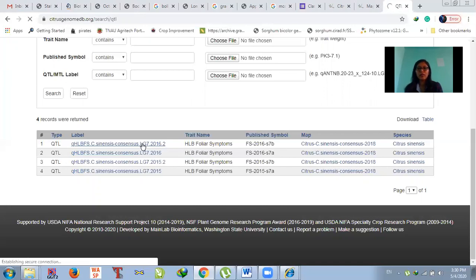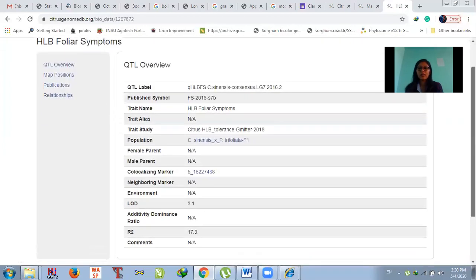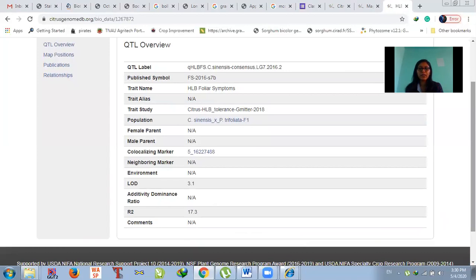Meaning what LOD score was actually reported by the previous studies, and how much phenotypic variance is reported. So here you can find the name of the QTL, which is present on chromosome number 7, responsible for the trait HLB foliar symptoms.